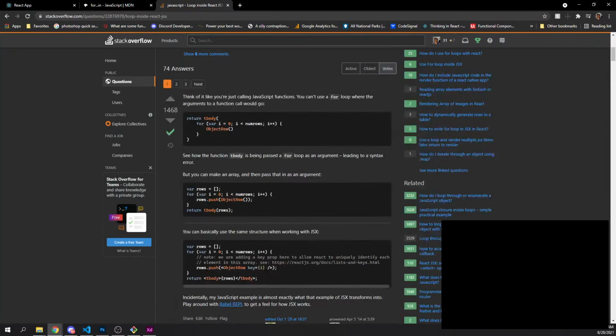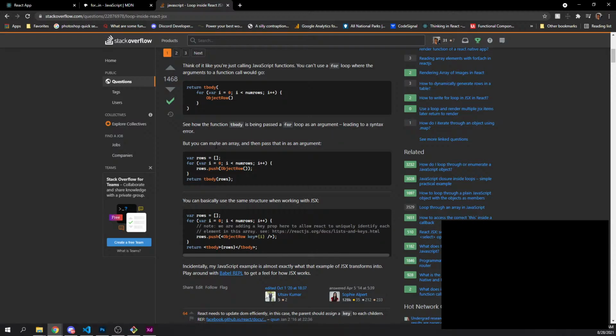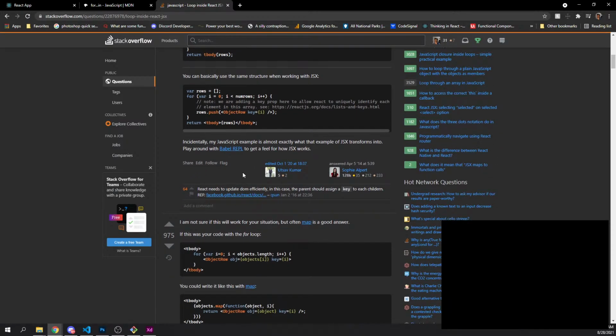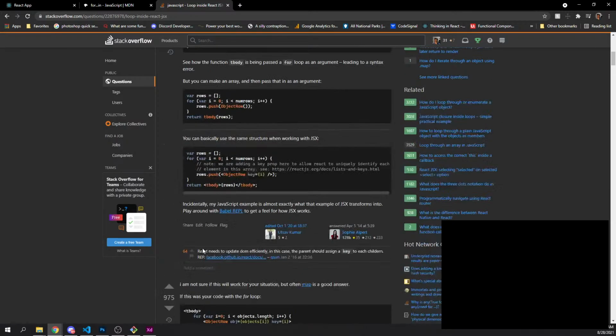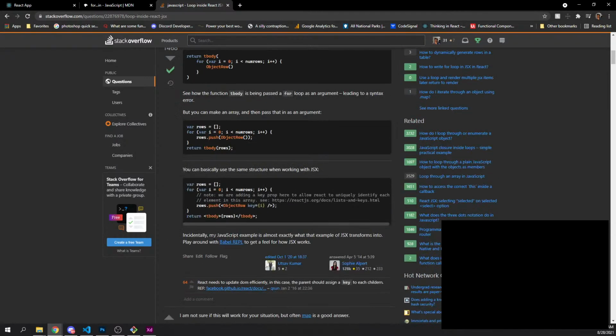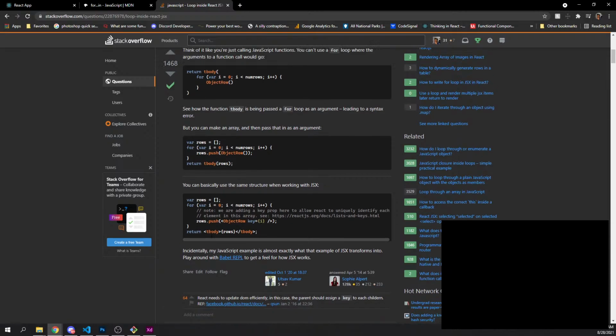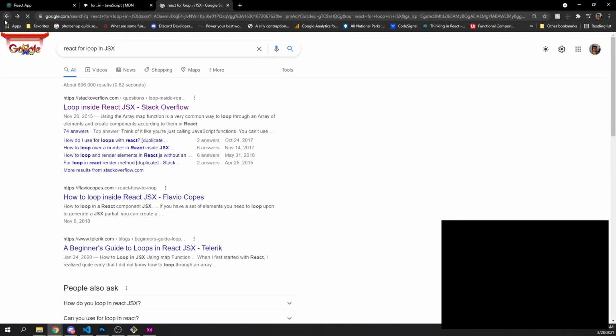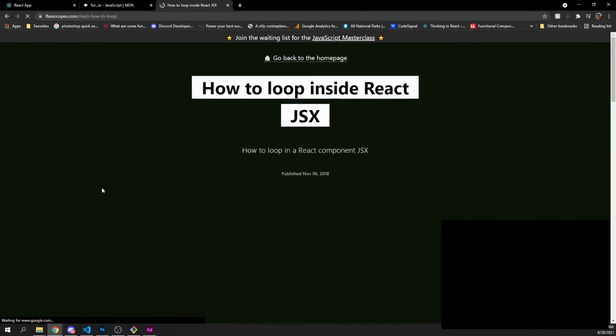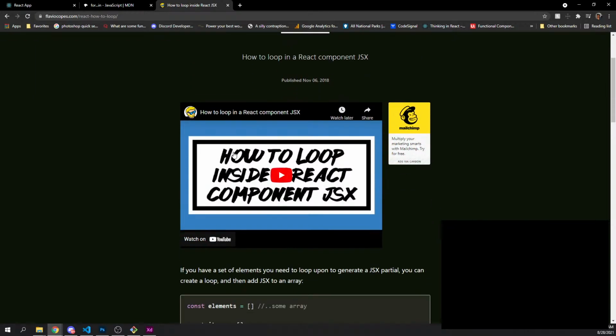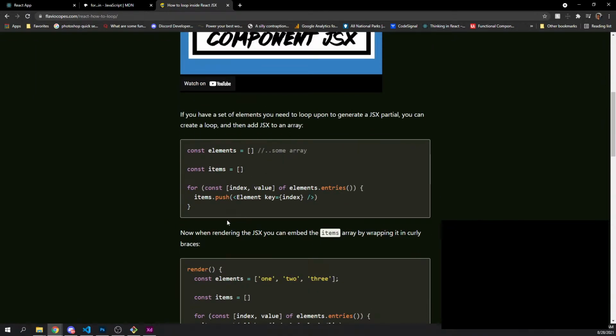In JSX, right? Do I need to do it outside the object? Or outside the JSX, right? How to loop inside React. How did I forget this?